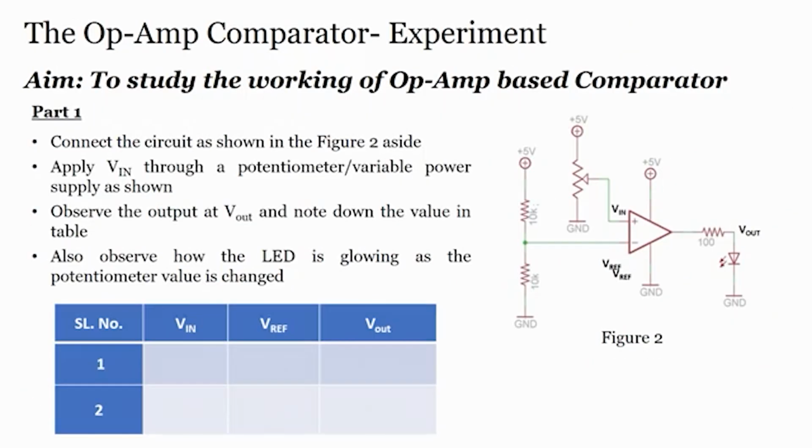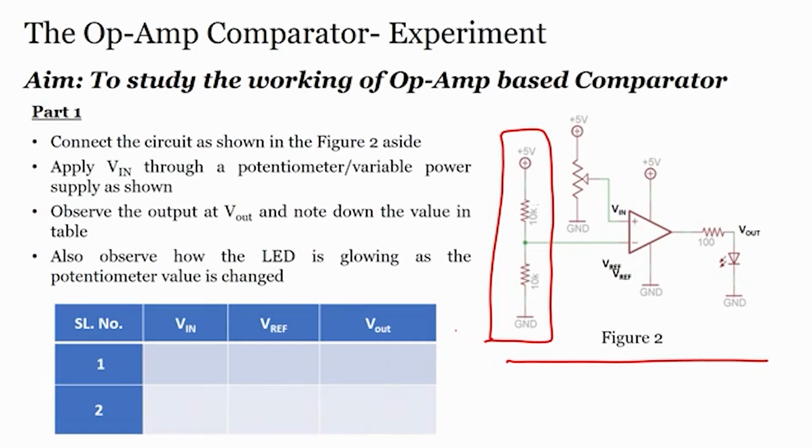Okay, good. Now, if I really want to study the comparator, understand its characteristics or its application, I have to perform the experiment, right. Theory is okay, but we have to perform the experiment, and how can we perform this experiment? You can see the circuit drawn here, which is figure 2. What exactly is the circuit? Just concentrate on this part, which I am drawing in a red rectangle. You can see here there is one resistor R1, and a second resistor R2, value is 10k, right,